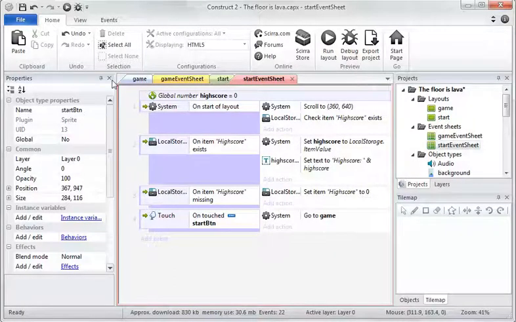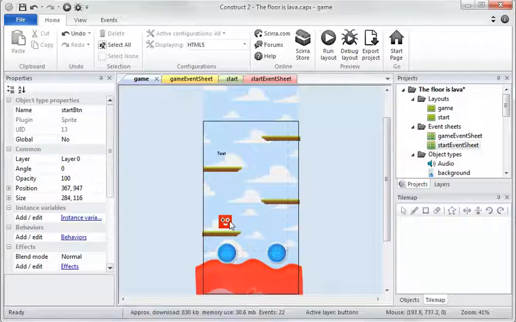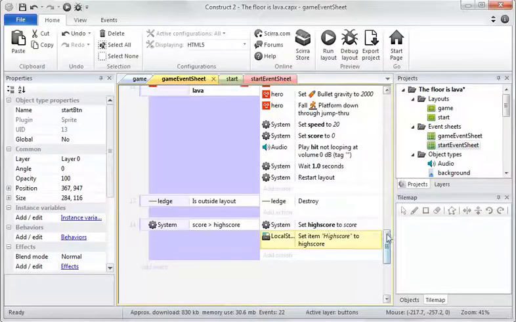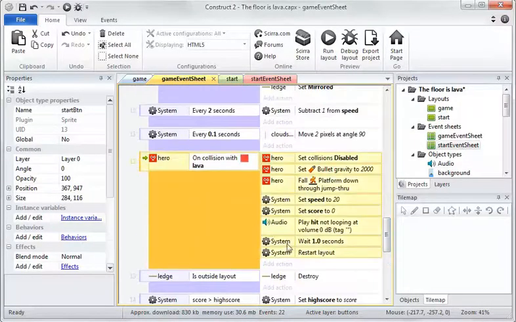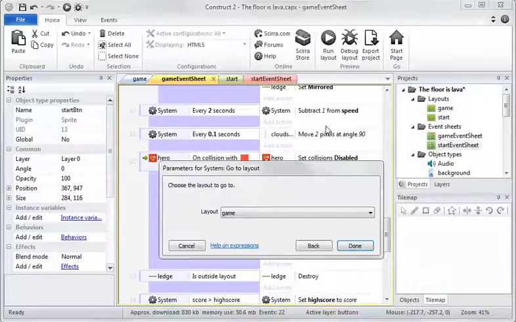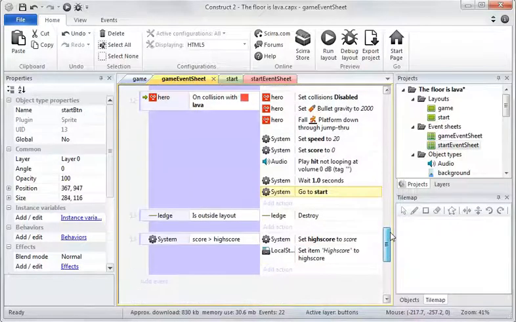And then also what we need to do is in the game, at the moment when we die, we just restart layout, and actually we need to go to the start layout. So we go down here and we go to the on collision with lava. At the moment it says system restart layout. Well, we're going to double click on that, and we're actually going to go to layout, and that's the start layout. Okay,